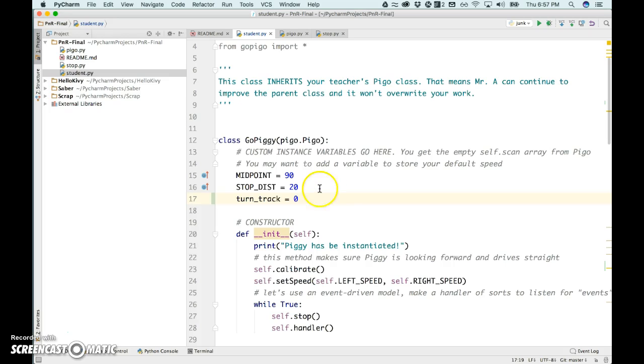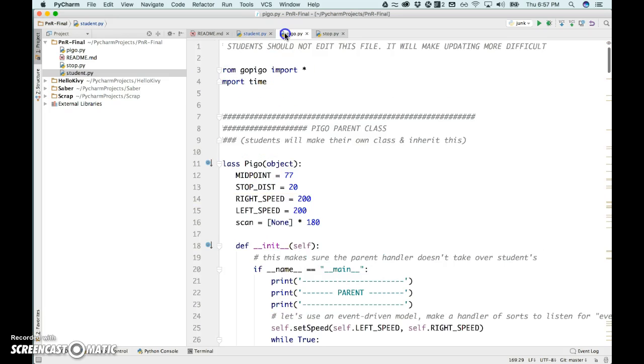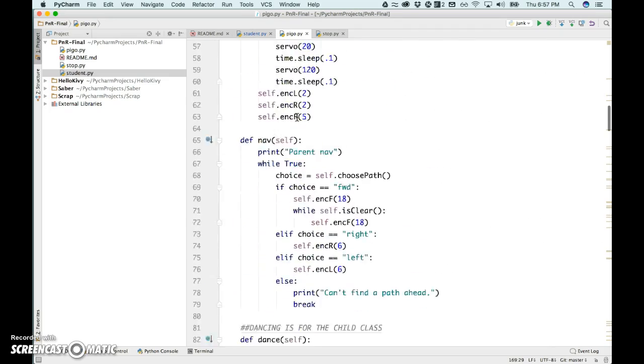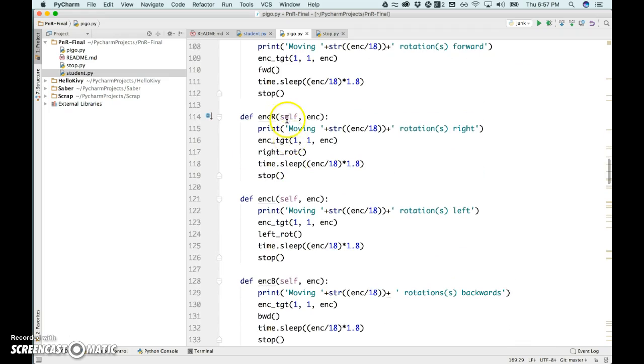I'm going to show you something tricky and something kind of cool, but before I do, I want to bring up what I could do is edit these encode right. You see how we have self.encode right, which calls a bunch of the GoPiGo methods, waits for you to be able to turn and stops after your turn, and prints some information so it's easier for you to track as well. We could copy these over into our student method and then add a new line that says to adjust that variable that we just created. But a cleverer way of doing it